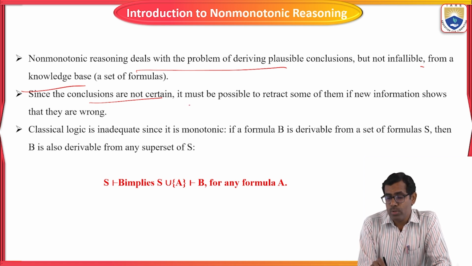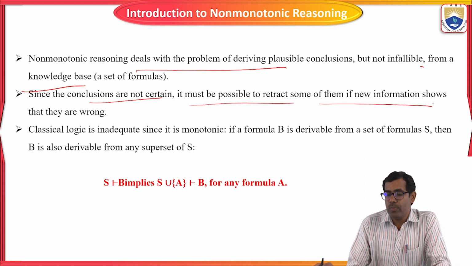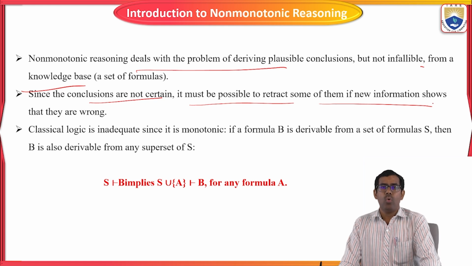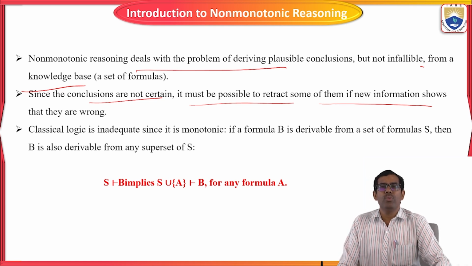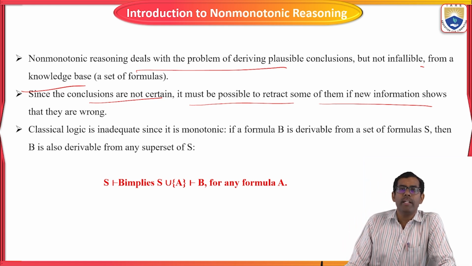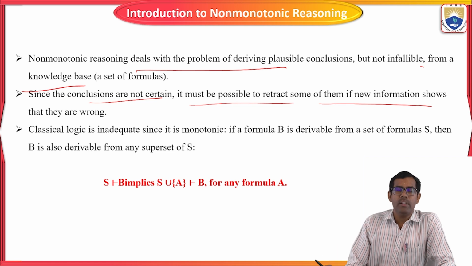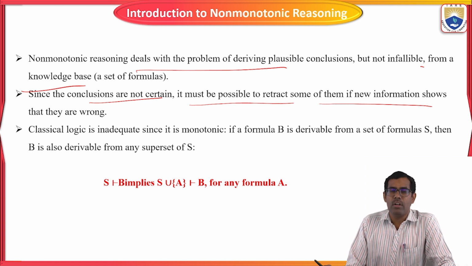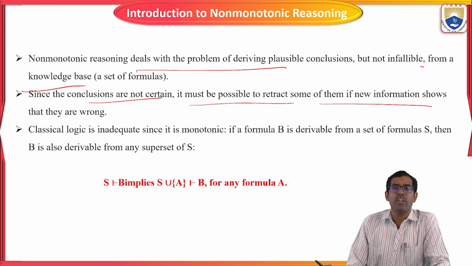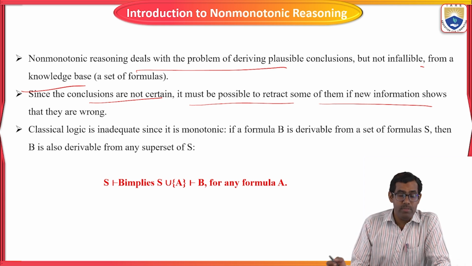Okay, it must be possible to react to some new information, so that earlier conclusions may turn out to be wrong. Sometimes, based on your problem statement, your predicted conclusion or predicted solution will be wrong. So that is a drawback of non-monotonic reasoning: we can't tell that an optimal solution will be produced based on your problem statement.